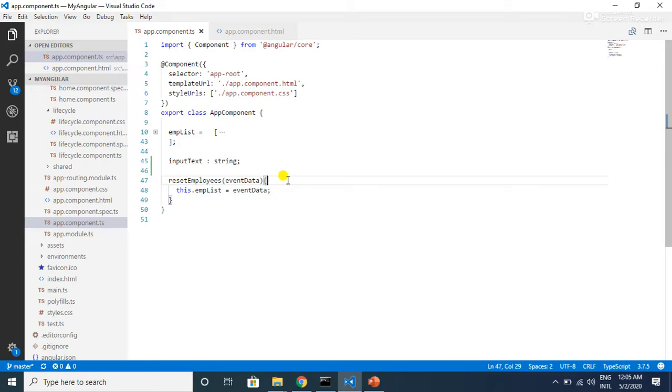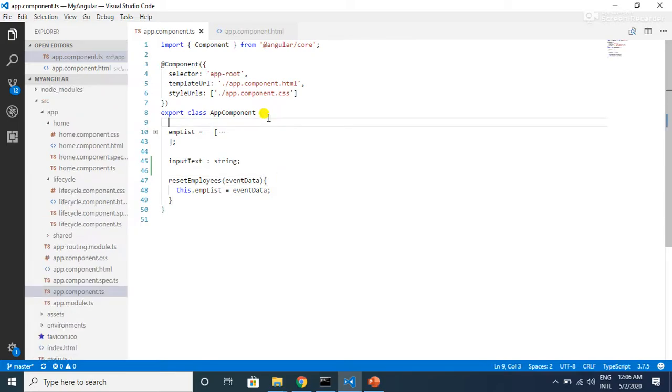We can tap into the ngOnChanges lifecycle by implementing the lifecycle hook interface in the Angular core library called OnChanges. Similar to ngOnChanges, for each lifecycle hook we have different interfaces. If we want to use more lifecycle hooks, then we have to implement more than one interface. Now let's create a new component using Angular CLI.